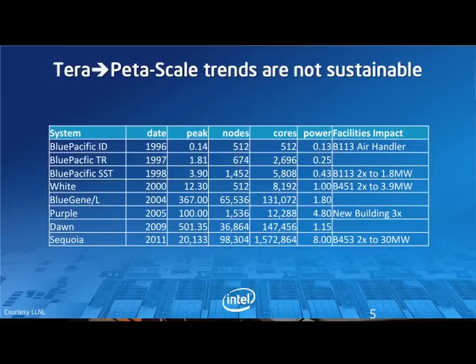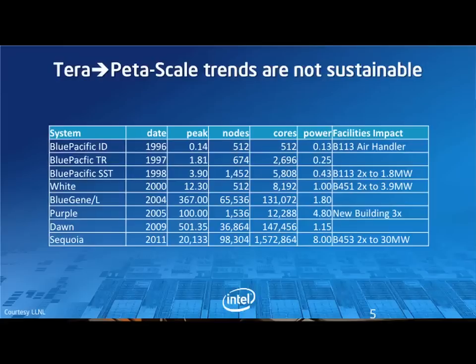We had a progression of systems that kicked it off with the Blue Pacific joint procurement with Los Alamos, and then later ASCII White, and then the Purple and Blue Gene started, and then the next generation Blue Gene, Dawn and Sequoia, came out. So these systems more than quadrupled the capability computing at Livermore